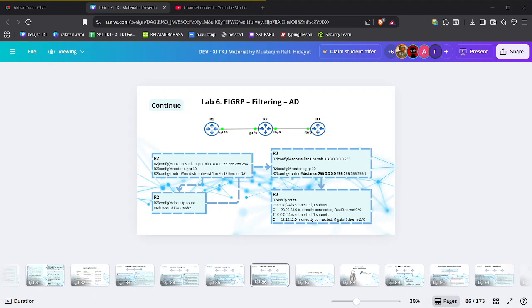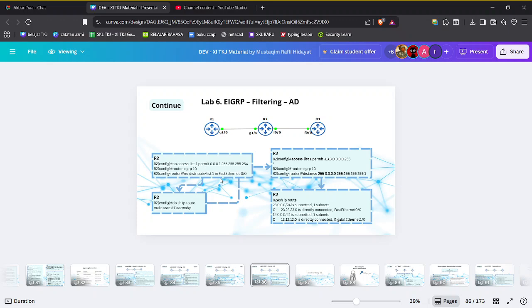We can check the routing table. We can confirm that in this lab, the main point is we change the administrative distance into unknown, or 255. Yes, that is an unknown administrative distance.